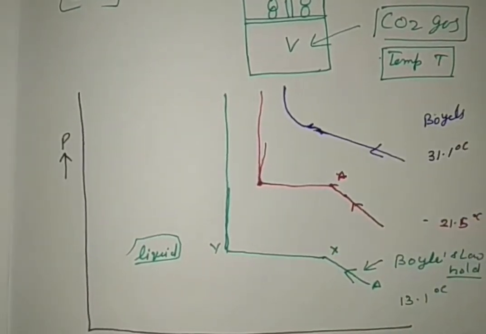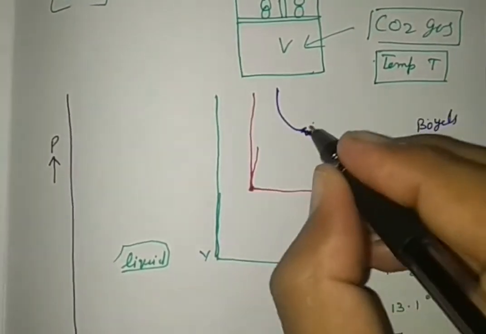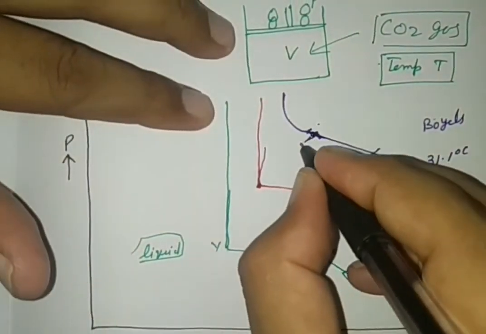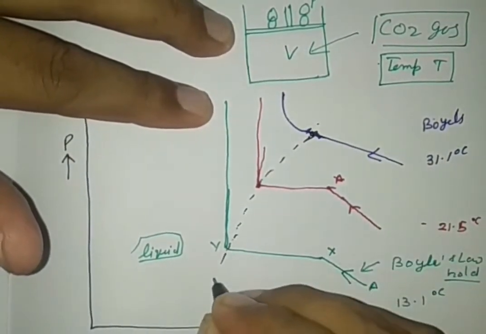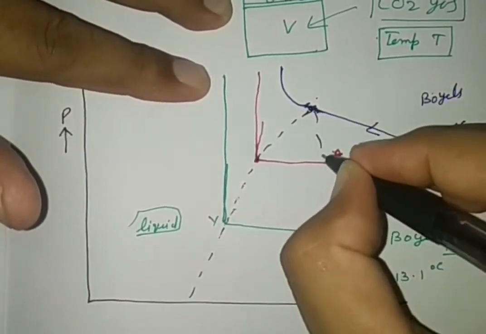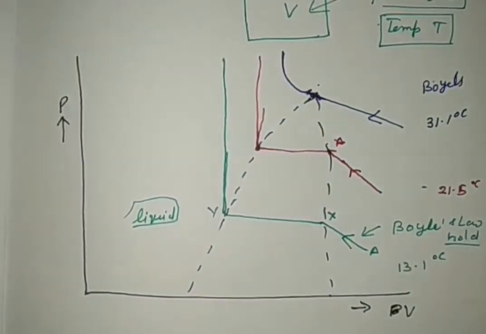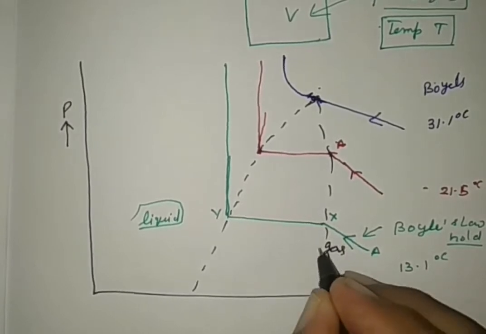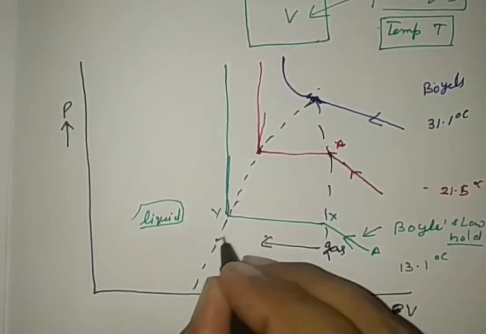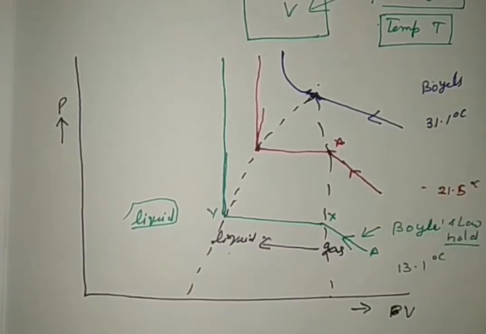If we join all these points completely, see in the graph, this is the area in which gas is converted into liquid at different conditions. Now further on increasing the temperature,